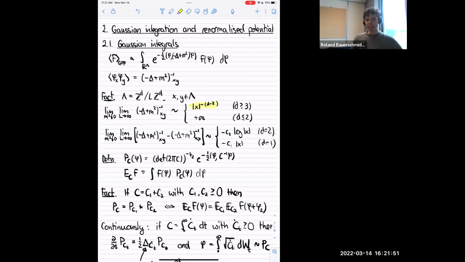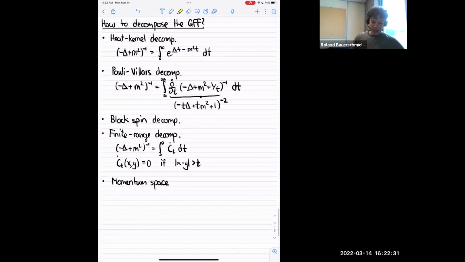In some sense, the renormalization group picture, so these decompositions are sort of a proxy for Kadanoff's block spin picture. Rather than looking at the whole system at once, we want to look at what happens at a single length scale. So say, what happens if you go from microscopic points to blocks, and then from blocks to bigger blocks, and so on. And one way to do that would be to go from one length scale to another. You can do this continuously, as here, or in discrete steps. But as I'll explain, one way to achieve it is to start from a decomposition of the free field. Does that make a little bit of sense? Yeah. So that's the motivation. Thank you.